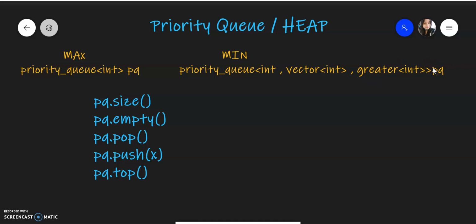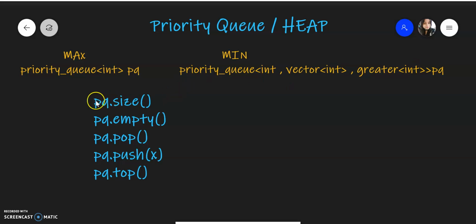So whenever you are going to add an element in a minimum queue, it is going to rearrange in a way that whenever you want to get the top of this container, right, you will always get the minimum element. So these have a lot of use cases, which, as I mentioned, we'll discuss afterwards.